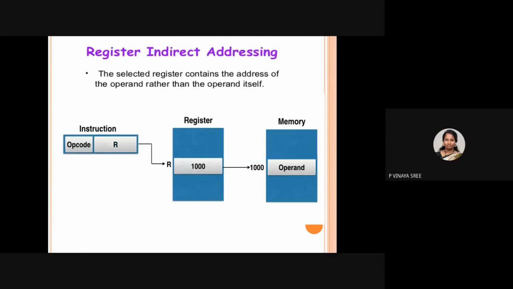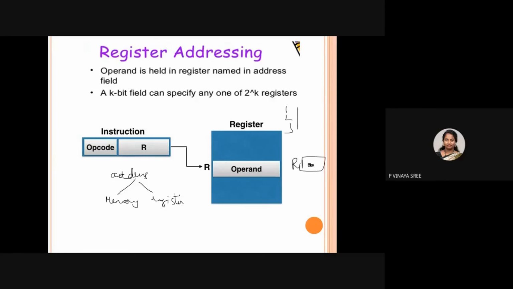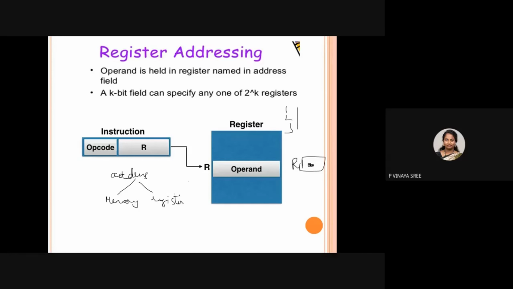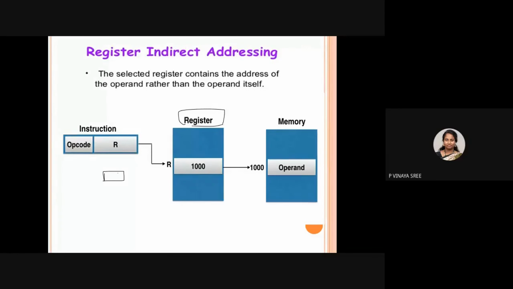Let us come to indirect addressing mode. Concentrate. Here we have R, so we need to go to the register set. If you go to that particular register, you have 1000. This is not an operand, whereas in the direct case, if you go to that register, you have an operand that you can use for execution. In indirect, the register is holding an address, not the data. Which address? The memory location address.